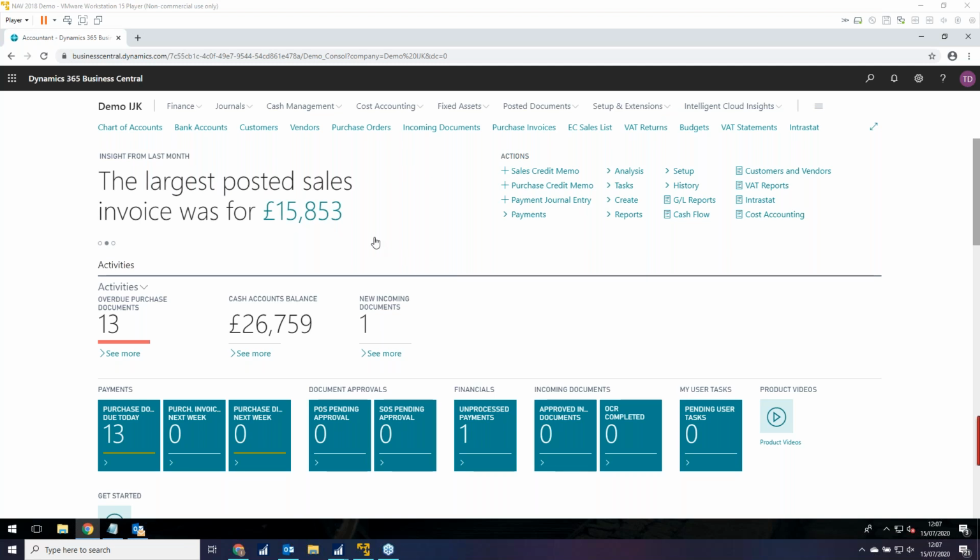You can consolidate companies even if they have different charts of accounts and different dimensions. You can consolidate companies that have different financial years. One of them can be on months, one of them can be on weeks, different start and end dates. You can consolidate a percentage of a company. So if you only own 70% of one of the companies, you can consolidate 70% of the value of all